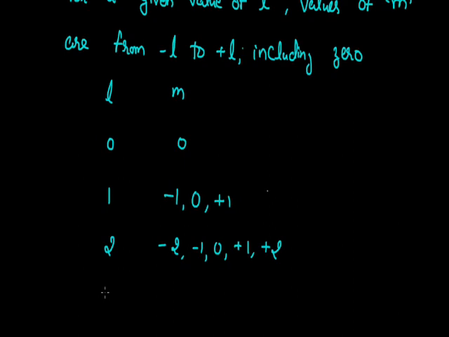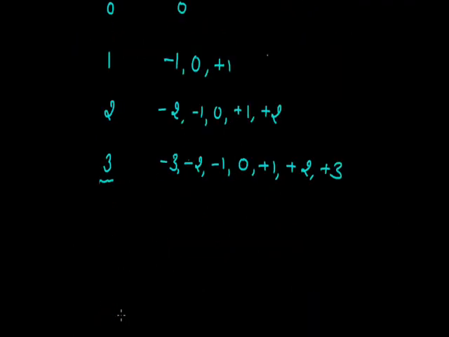If we talk about the next subshell, that is the f subshell, with the azimuthal quantum number 3, the possible values of the magnetic quantum number will be minus 3, minus 2, minus 1, 0, plus 1, plus 2 and plus 3. Here we can see that a total of 7 values are possible, and since each value indicates one orbital, this f subshell contains a total of 7 orbitals. If we talk about the geometry of these orbitals, then the s orbital is spherical in shape.